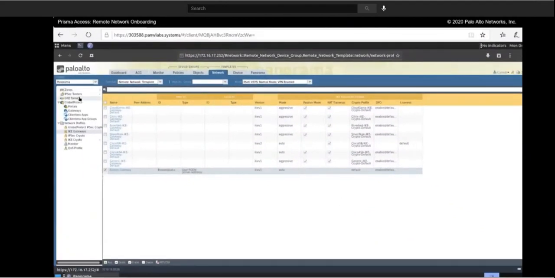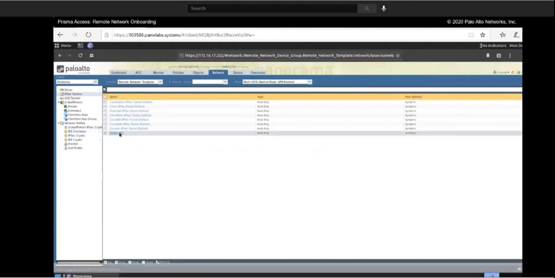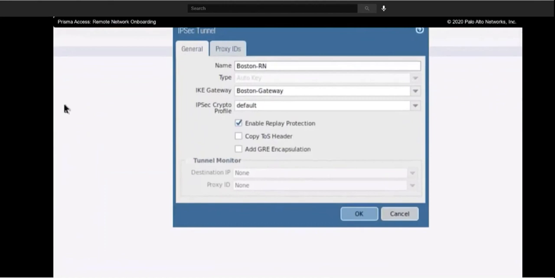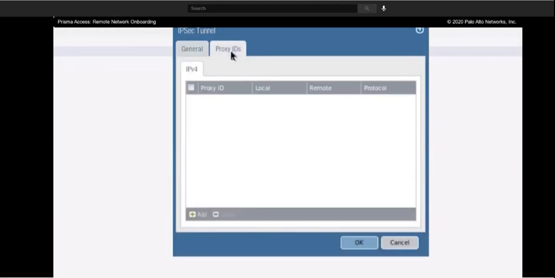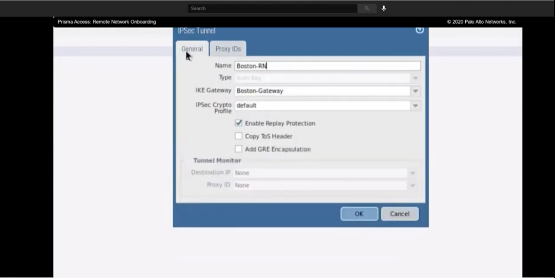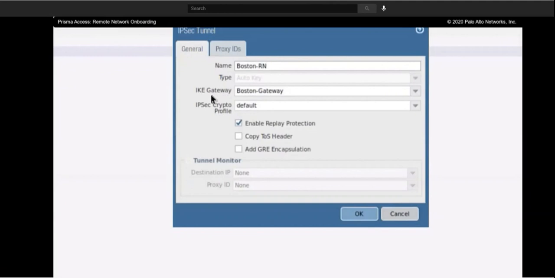And now I'm going to take a look at my IPsec tunnels, which I've also configured. I've created the Boston RN IPsec tunnel. I've used my Boston gateway. I have specified IPsec crypto profile of default as I have done this configuration. I'm not configuring proxy IDs because I'm assuming that the IPsec device that is at the Boston location supports route-based